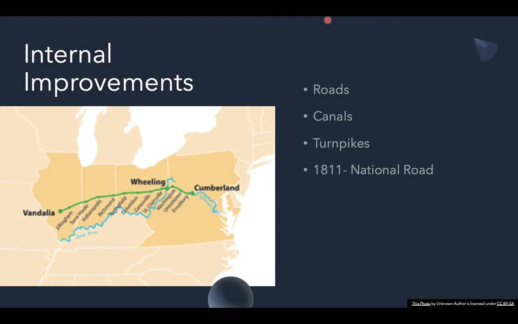It's called a turnpike because at this time, and in times in Europe, whenever a road was built, people would pay tolls to use it, to pay for the construction of the road. The way they would enforce these tolls is they would have soldiers stand at the road with a set of pikes, or sharpened poles, basically preventing access. Once you paid your toll, one of the soldiers would turn the pikes away so you could gain entrance. And that's where the name turnpike comes from. Now, we don't have any sharpened poles on our interstates, but the name has kind of stuck around. But this is going to be part of the internal improvements that began as a result of this